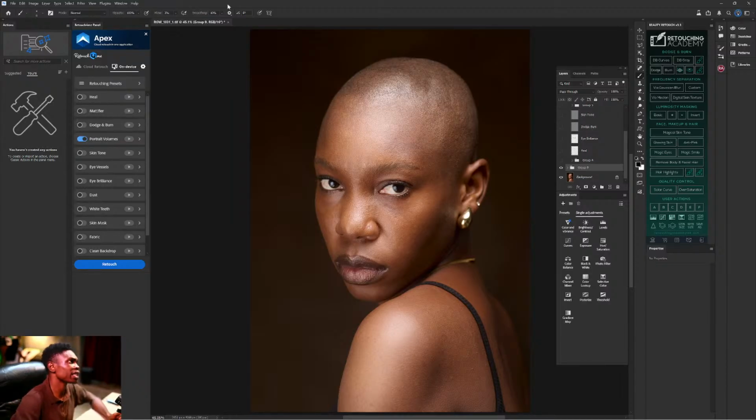See my mouse? I'm zooming in on that part. Opacity 100, flow 3.